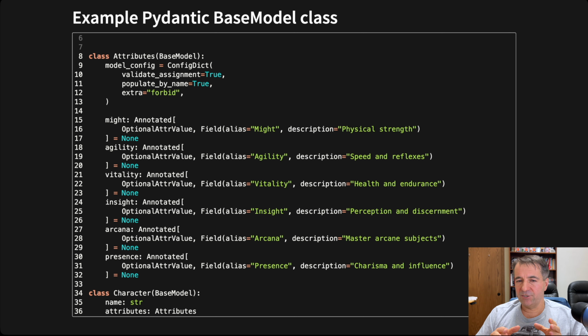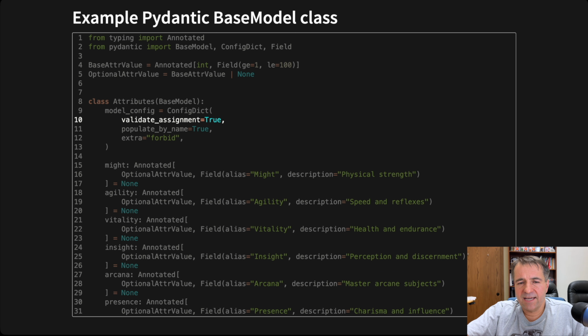And we're also attaching additional field properties. We are attaching an alias and a description. So we're now creating a lot of information in might. We're attaching constraints, the 1 to 100. We're attaching an alias, which you'll see now what that's used for, and also a description, which you'll see in the API, that FastAPI absorbs and helps you to create the documentation. Let's firstly look at the top over there. So validate assignment means that any data that gets assigned to this model will be validated according to whatever the rules are that we've specified here.